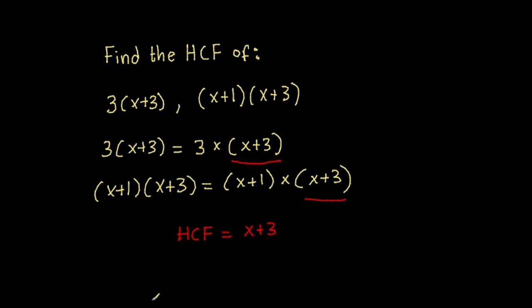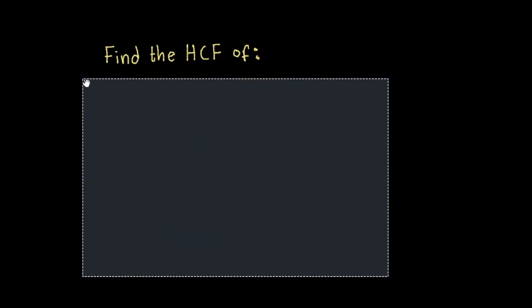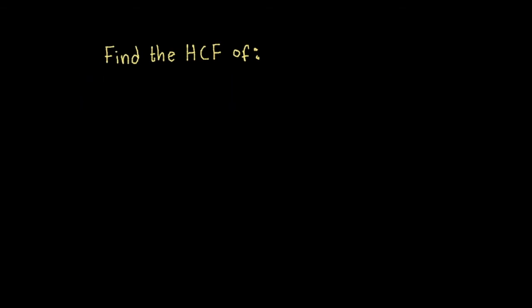Okay, so I hope that made sense. And finally, we're gonna do one more example. And always feel free to pause the video and try out the examples yourself, and then see what you do. So the third and final example we're going to do is we're going to now find the highest common factor of 3 algebraic products. So we're going to find the highest common factor of, let me undo this,